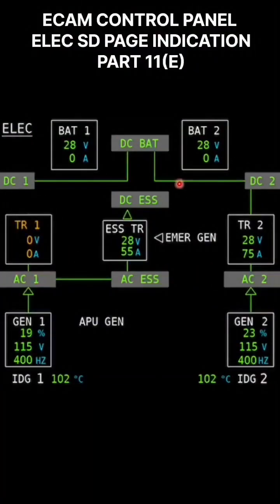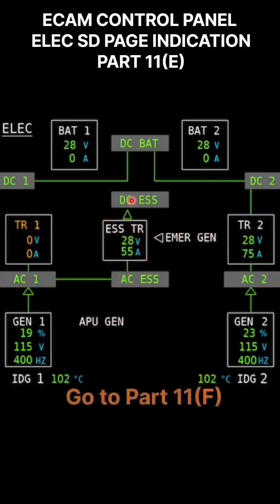If we go further, another failure, failure of a TR, what will happen? On failure of a TR, the contactor of each TR opens automatically in case of overheat or minimum current. So there may be a chance that the computer becomes overheated or the minimum current is not able to be supplied. If one TR fails, the other TR automatically replaces the faulty one. So this is your other TR, the essential TR will replace it,